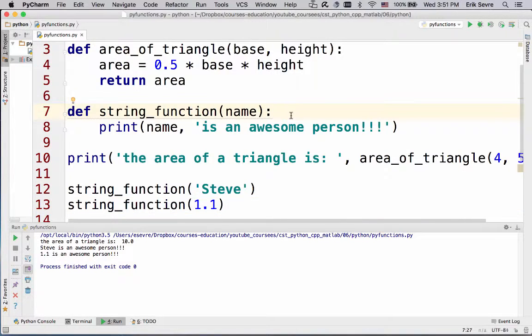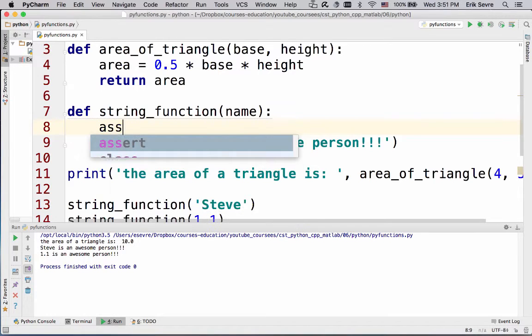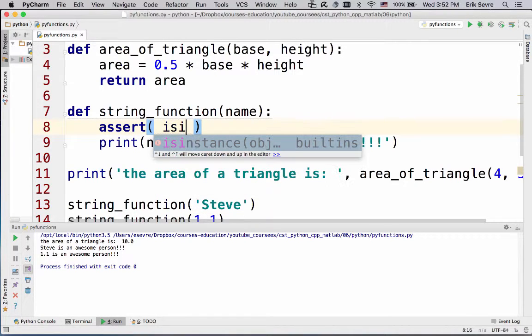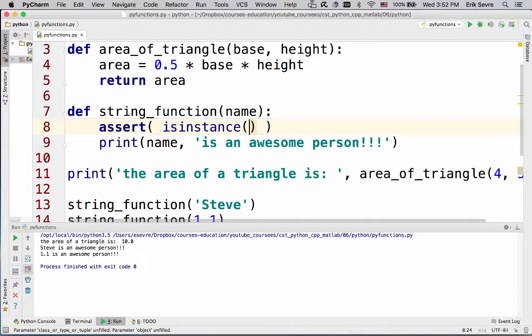And we're going to do that by using a function called assert, and we're going to use the type function we've talked about before. So I can use the assert, and I can say we're going to assert that something is true. And what we want to assert is true. So we want to assert that name is of type string. And the way we're going to do that is we're going to use a special function called isInstance. And the isInstance is going to take 2 inputs. The first input is going to be the variable we want to check. And we want to check that it's an instance of type